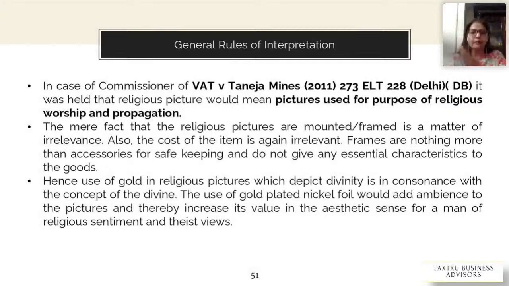Again, in case of VAT versus Taneja Mills, it was decided that there was a certain ambiguity, that there was certain religious picture banned under propagation. The mere fact that the religious pictures are mounted or framed is a matter of irrelevance. I may have framed in whatever way I want, but my basic intent is those pictures and not the frame. So also the cost of the item is again irrelevant. Frames are nothing more than the accessories for selling the item and promoting the item. So again, it will be classified under the item number